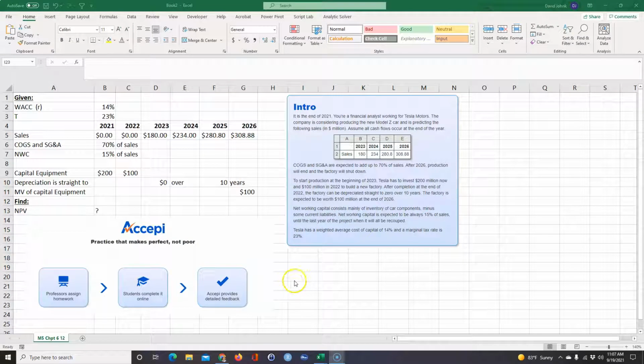Okay, I'm going to go over a fairly complicated capital budgeting problem that I got from